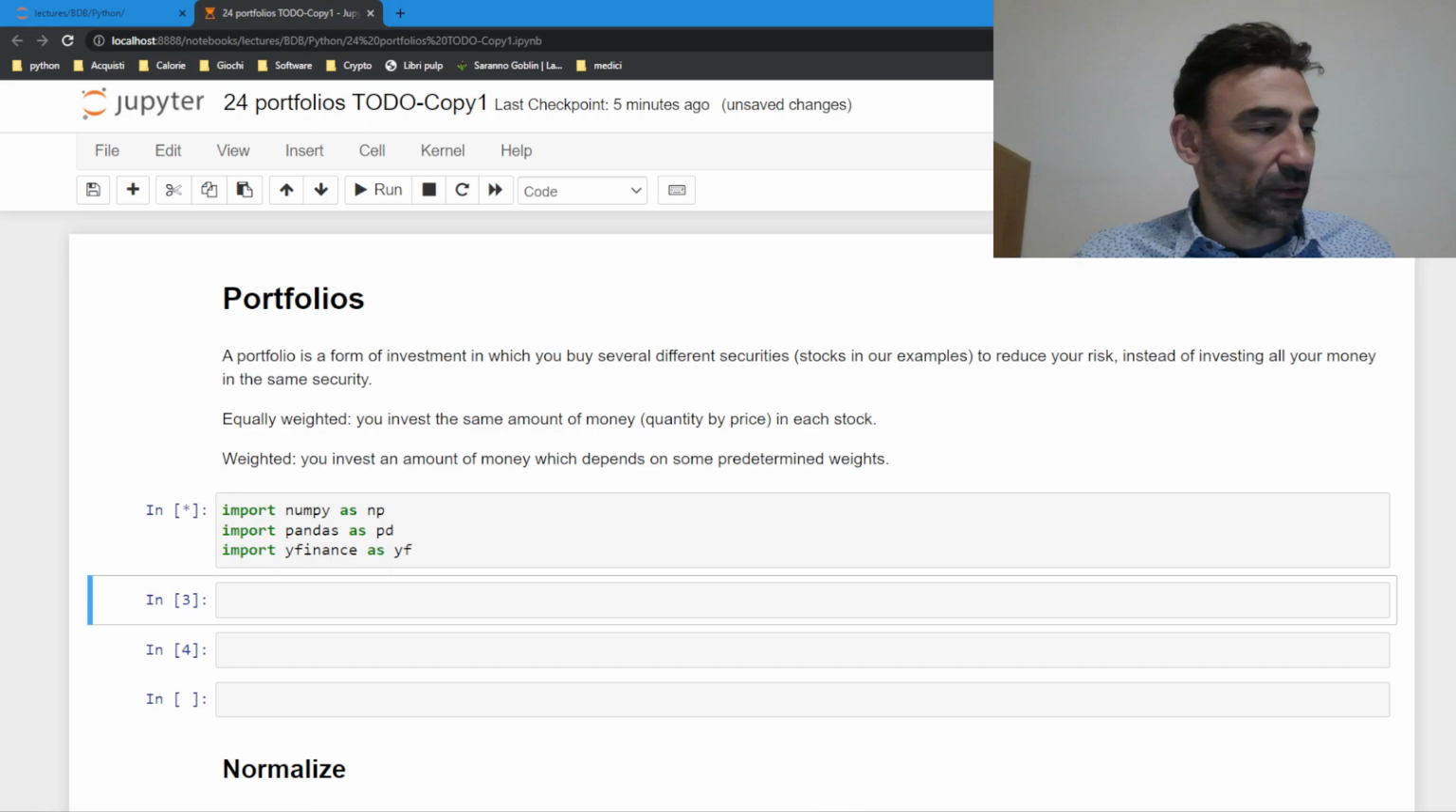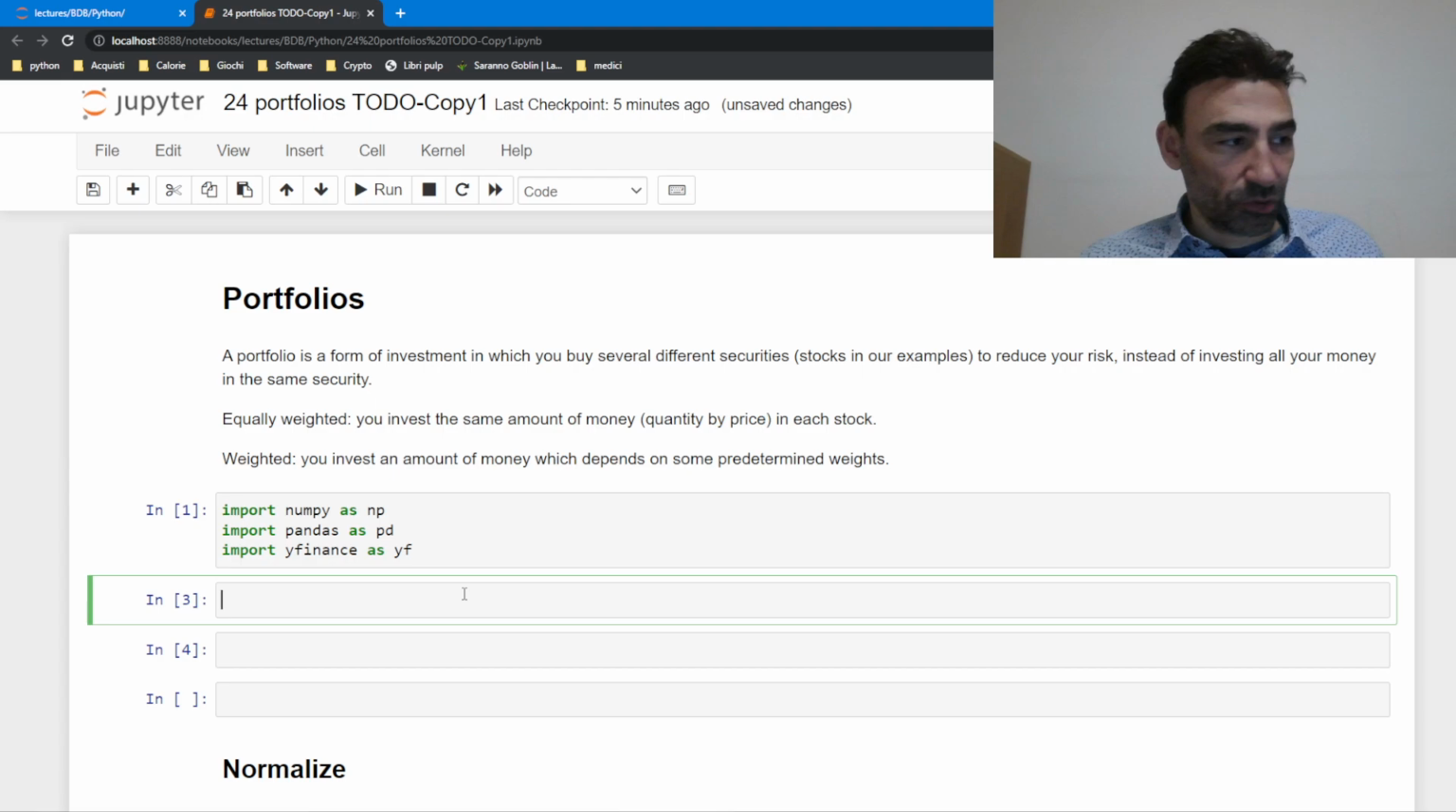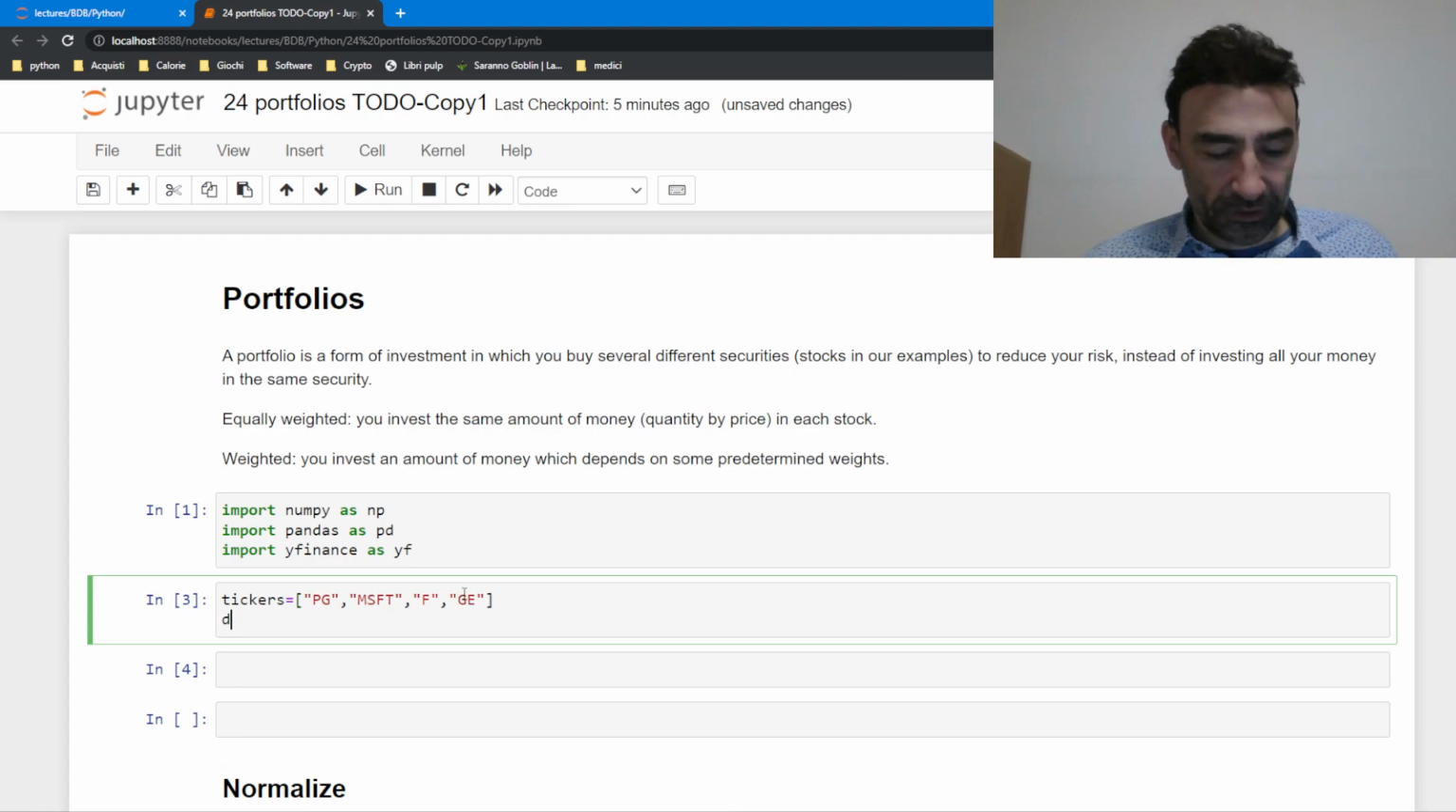Here we go. Okay, we download 4 different, say, the usual companies, but not really the usual, tickers. We download PG. PG is Procter and Gamble. If I remember, it's a retail company, so pretty stable, traditional. This is Microsoft, Ford, and General Electric. So four different types of companies, and now d equals yf.download. We download tickers